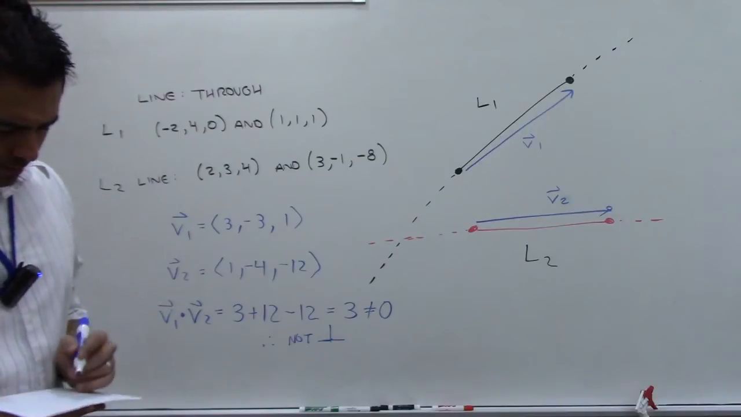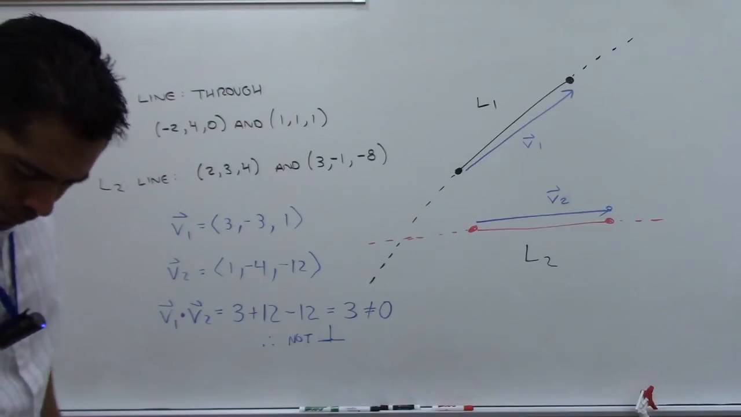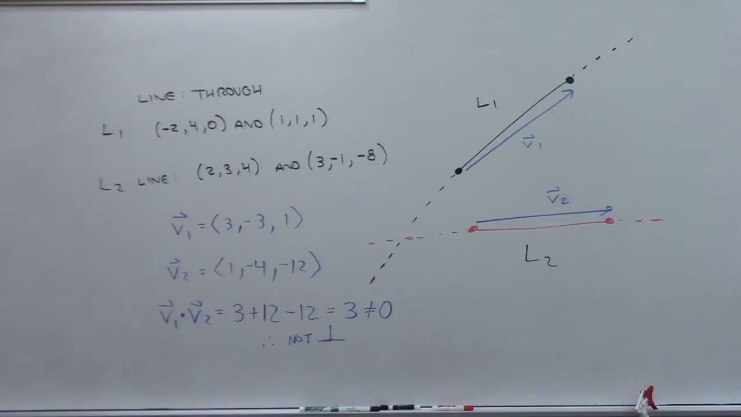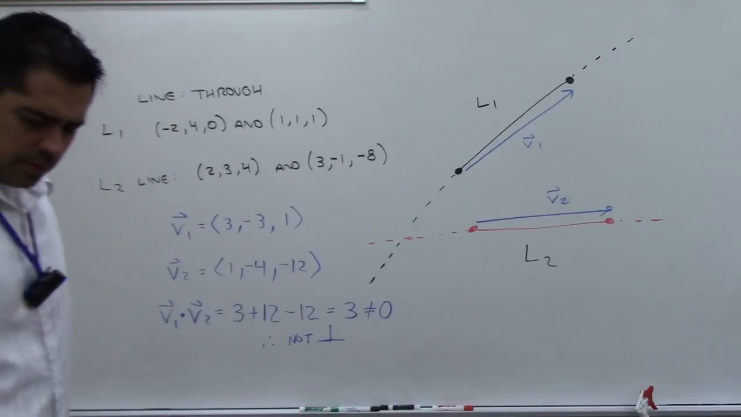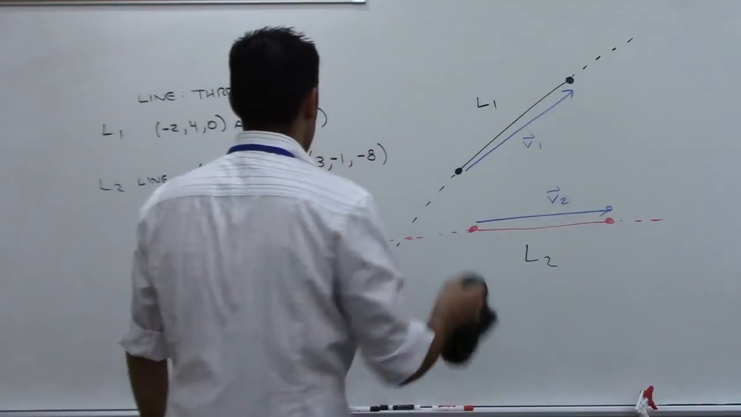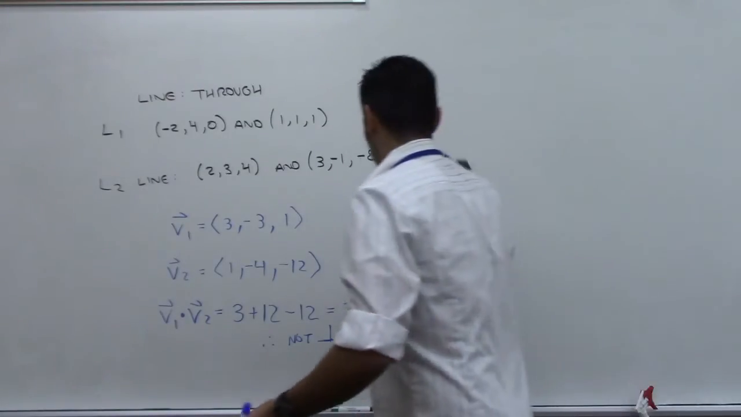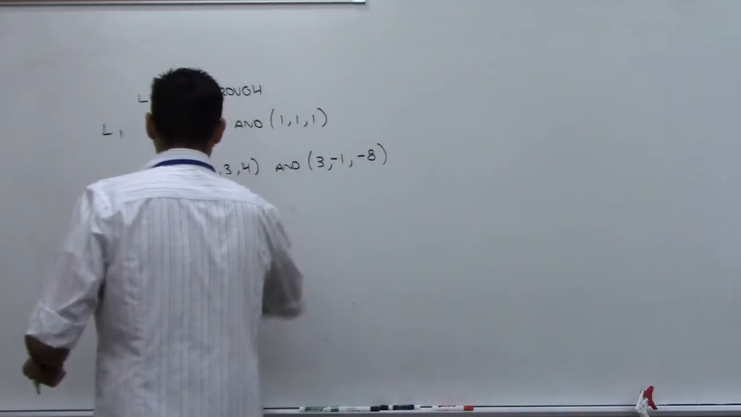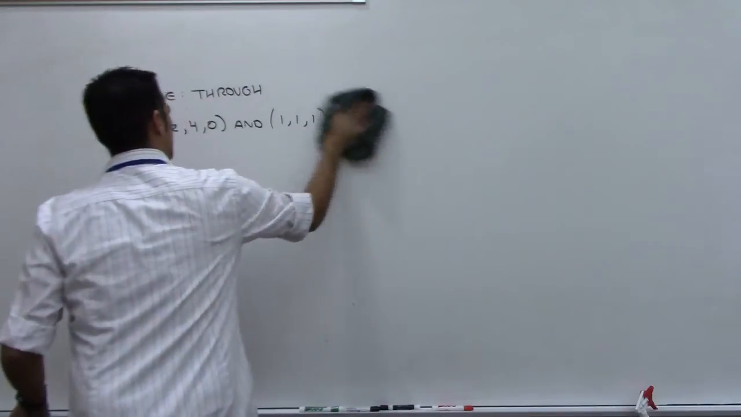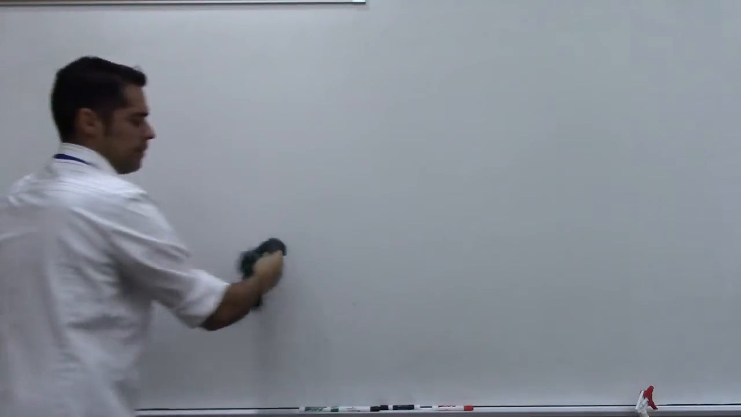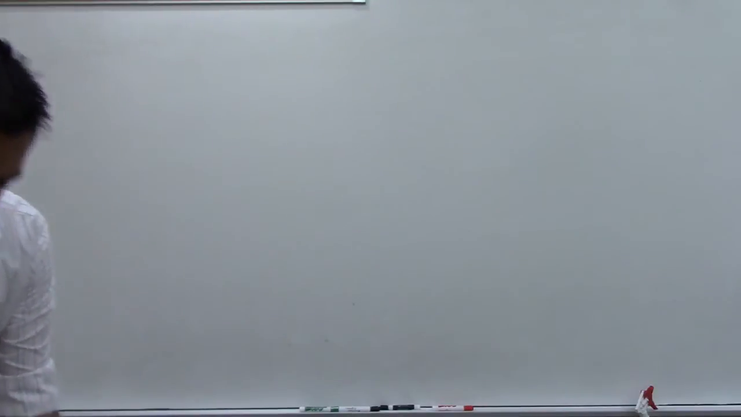Let's look at 13. All right, so number 13, part A seems pretty simple. Part B is the more interesting part. All right, so for 13,